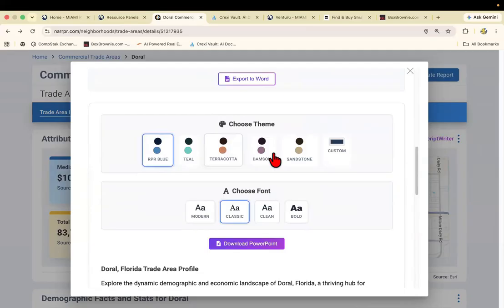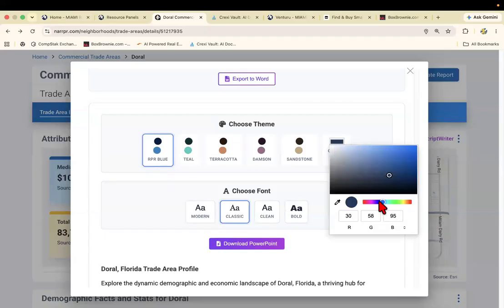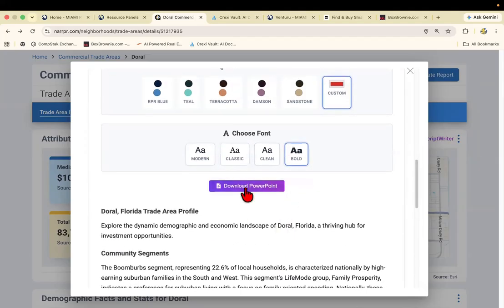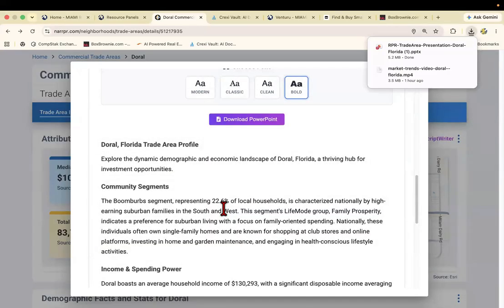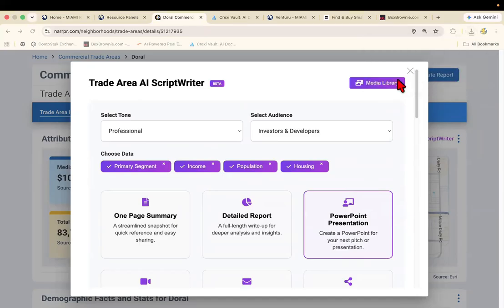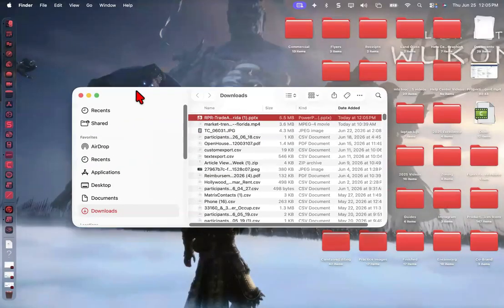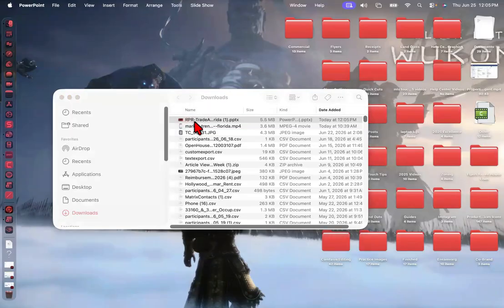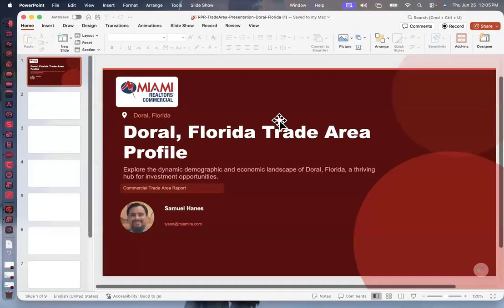And then when I generate it, I can select my preferred colors. So these are automatically created for you, but we have custom where you can select your very own preferred color, just like so. So if you want that strong commercial red, we can lock that in, select our preferred font size, and then download that report. Again, based on characteristics that we select right up here. Okay, so let me go ahead and open that up real quick with great patience. All right, thank you guys. There you go. So it has that dominant red